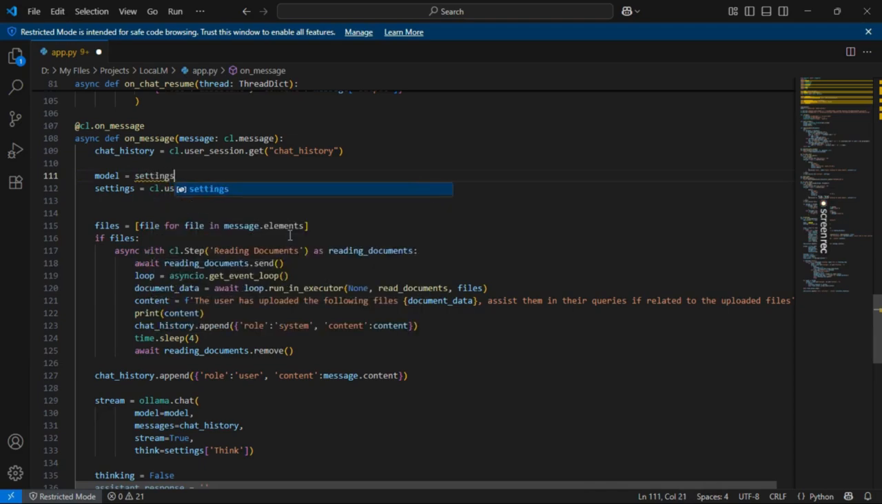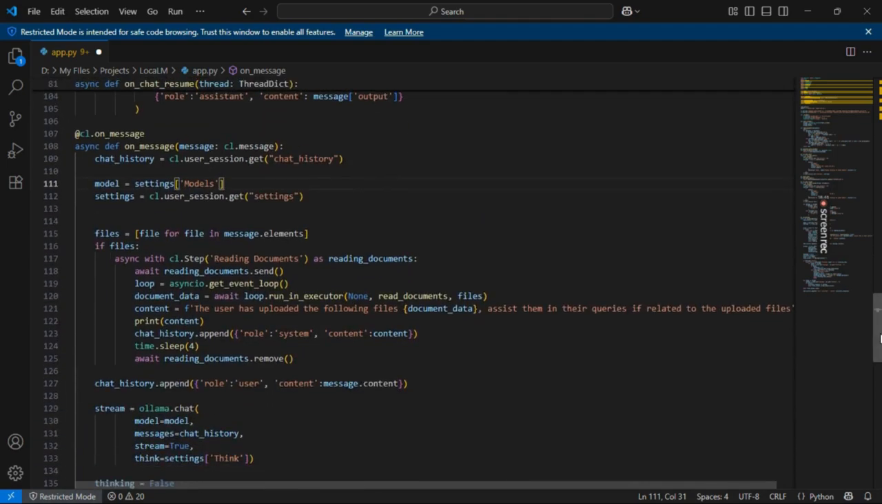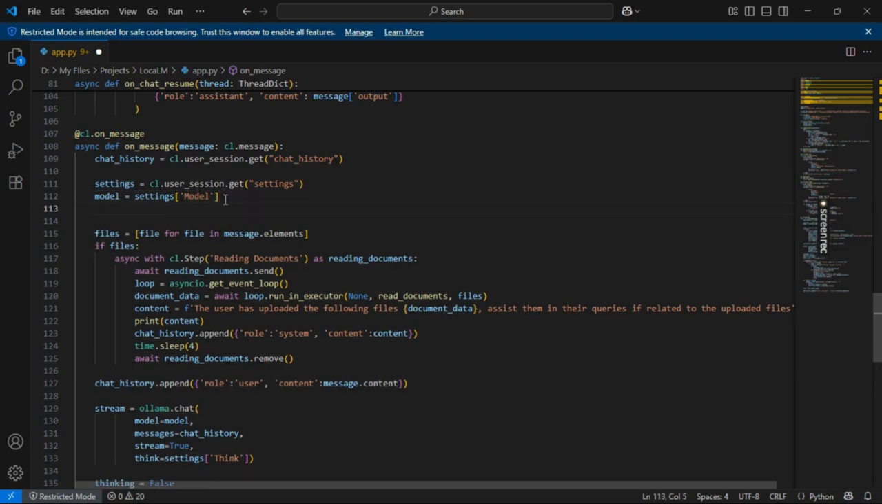So settings and models, and this will give us the name of the models that we are using. It's not models, just model. And obviously this will come after this. So we now have the name of the model from the settings that have been changed. Second, we have